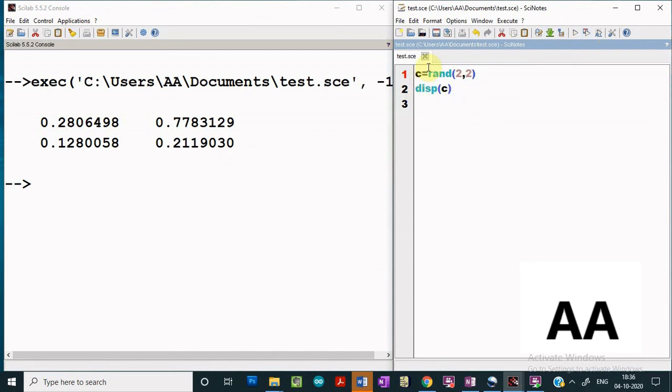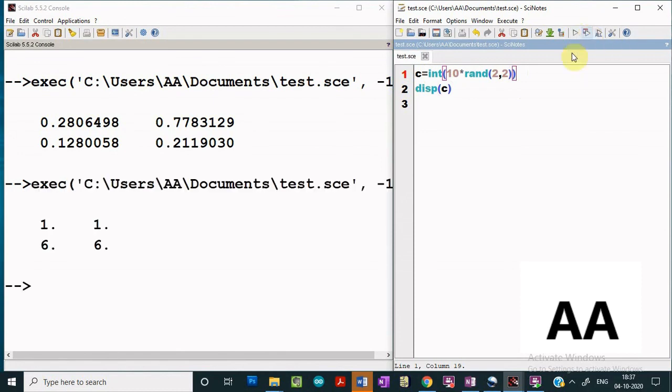Here all the elements have fractional values. Suppose you are not interested in fractional values, you are interested in integral values, then we can get integer numbers also from here. How can we get them? If I multiply each and every element by 10, I'll get something like 2.8, and finally, since I'm interested in the integer values only, I can use the function int. If I use int something like this, then we'll get the matrix with all integral values. So a random matrix of any order can be easily generated using this function also.